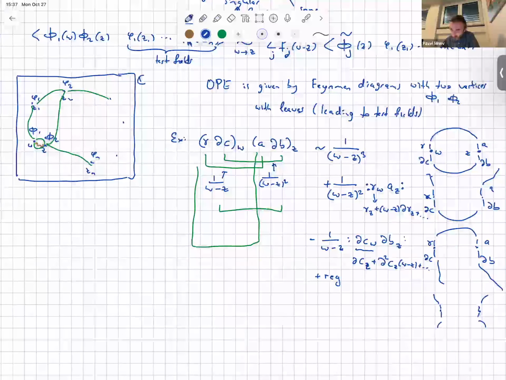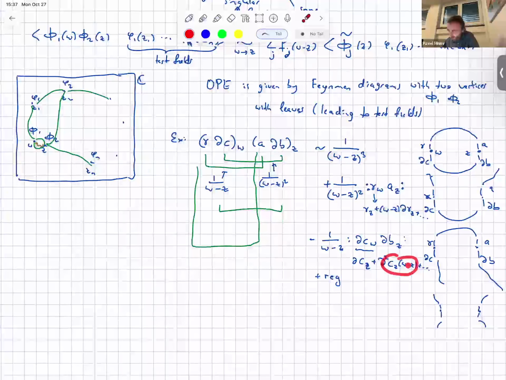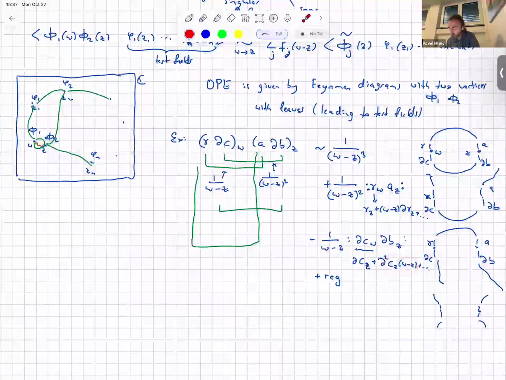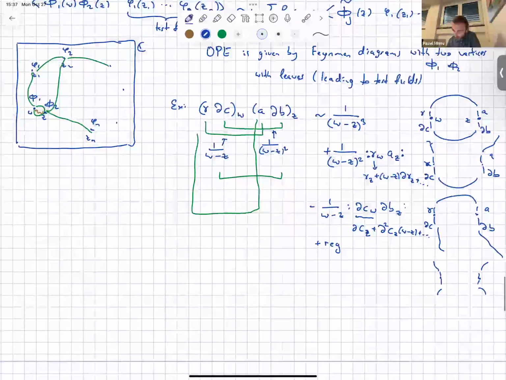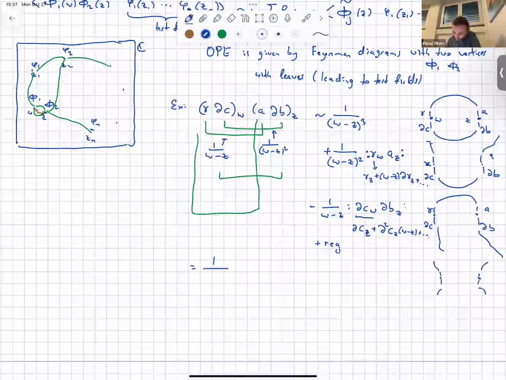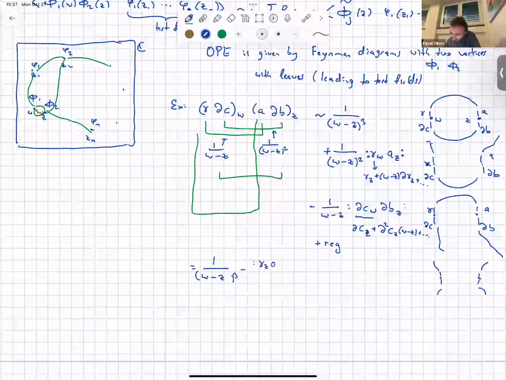But this already goes into the regular term because it's times 1 over W minus Z. So the singular term is just 1 over W minus Z cubed, minus gamma times A at the point Z